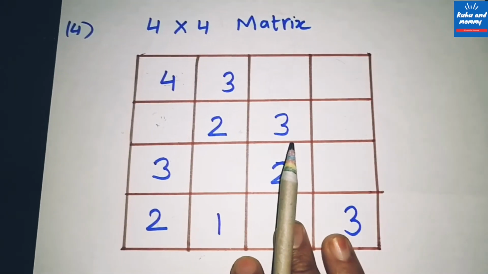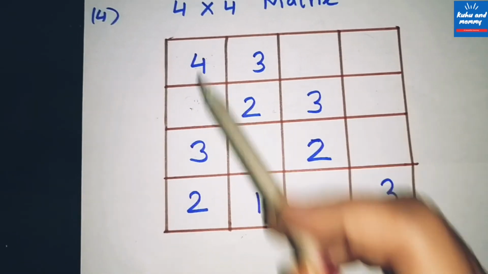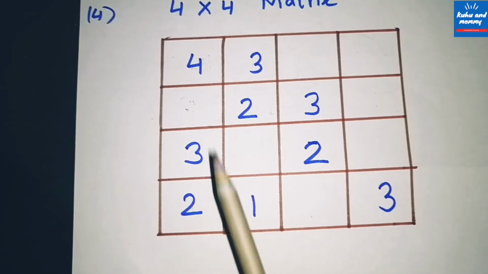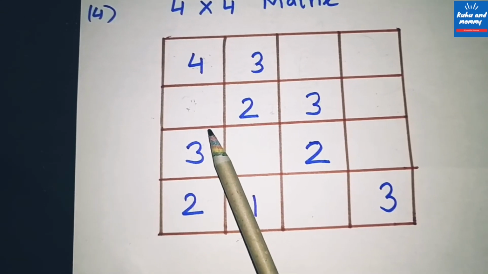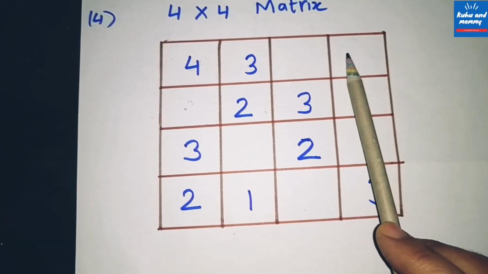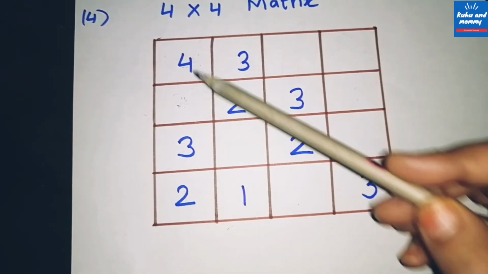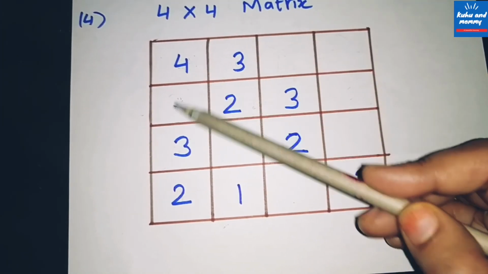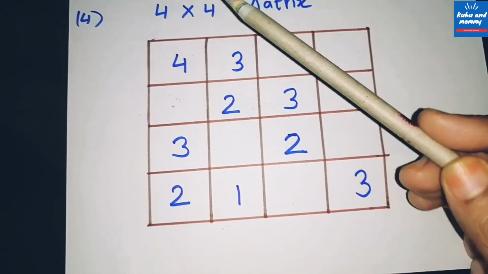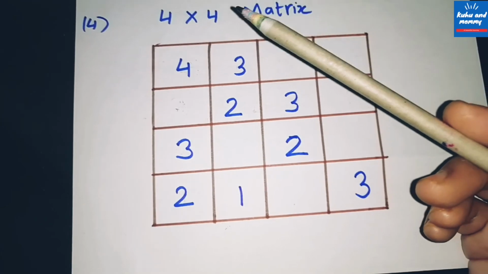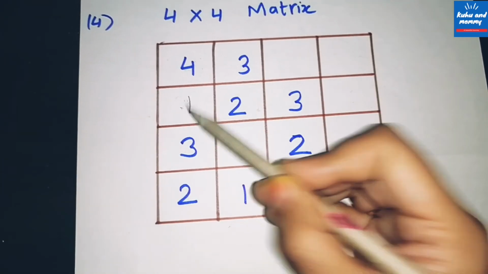So what the child has to see in this one, first they have to find in which row or column there is the least number of numbers missing. So in this row there are 2 numbers missing. In this row also 2 numbers are missing. In this column we can see only 1 number is missing, so we can find that number. So 2 is there, 3 is there, 4 is there. What's not there? What's missing? 1. So they can write 1.